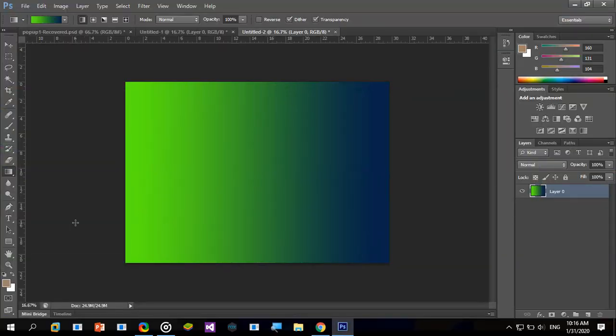And if you want to see the print size, to see if your image is going to be clear or not, there is something called